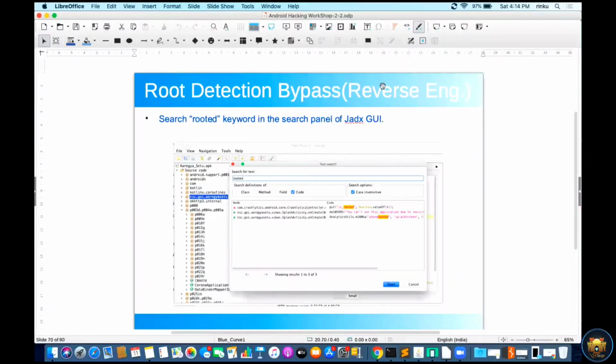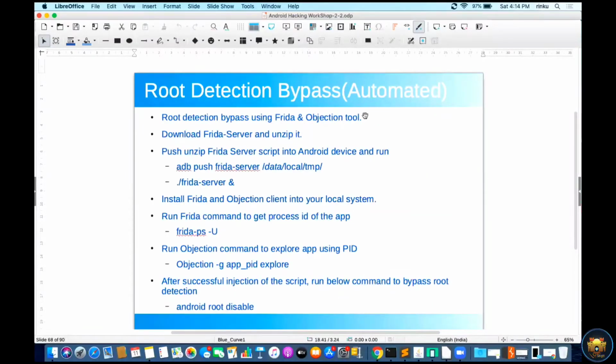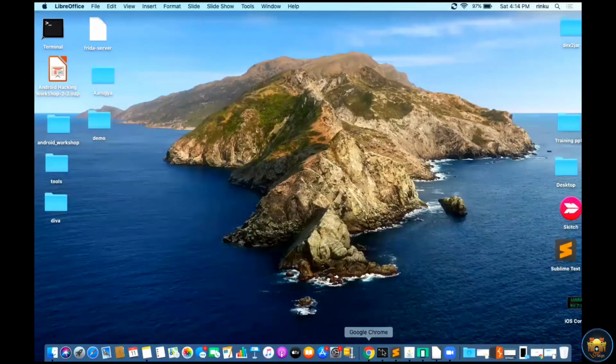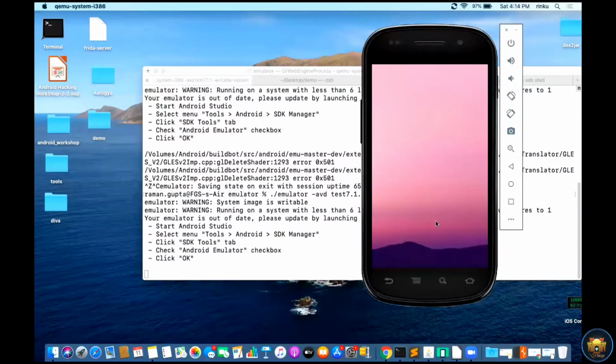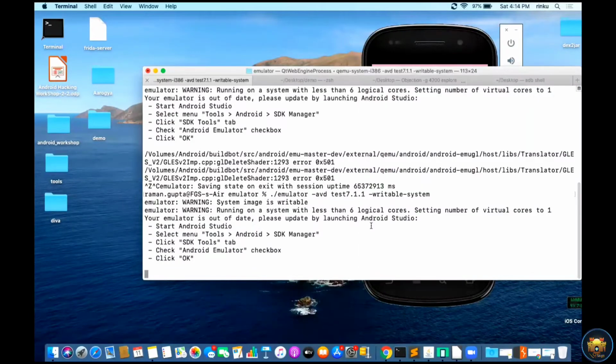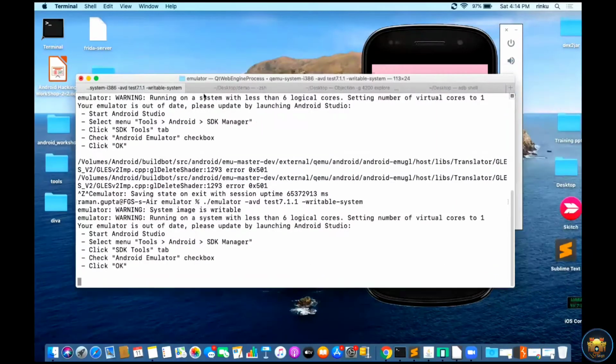Now move to the demo part, to see how this is possible. I am running my emulator here, an Android 7.1.1 emulator already running, and I try to open my application.